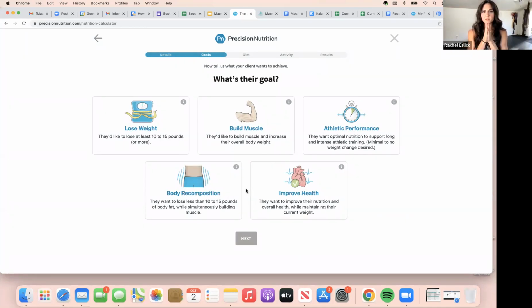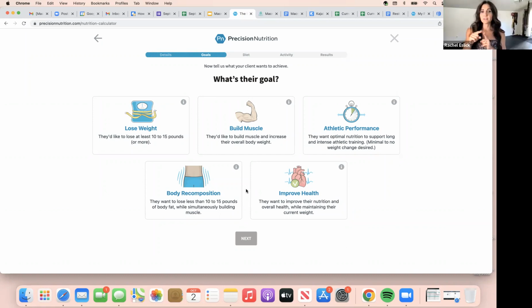So this is one that people are like, I don't know what this means. Lose weight. That means you have at least 10 to 15 pounds of weight that you want to lose. Think about, I just want to drop weight. I would say maybe if you have more than 20 pounds to lose, because this is going to bring your calories down a lot, and it's going to suggest a lot of protein. So when you hit the losing weight option, it's not going to be a ton of calories.